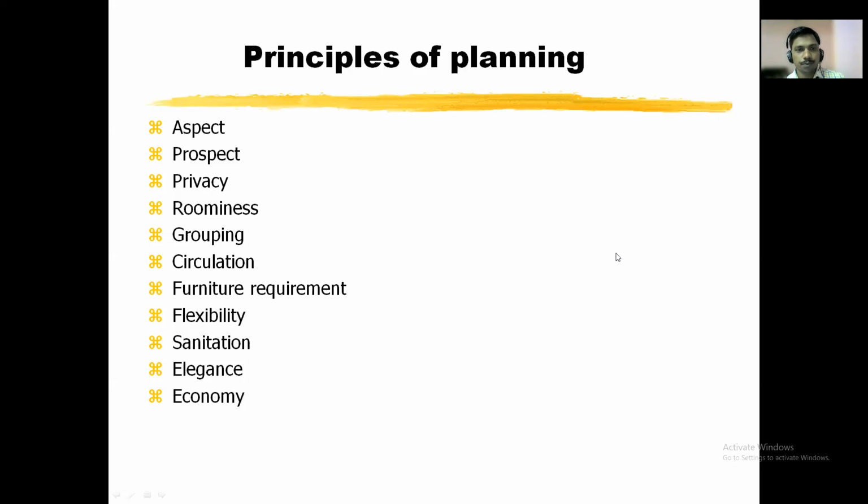Okay, so in the previous session we discussed the types of building as well as what is meant by planning, and we started the discussion on the principles of planning. So here, a total of 12 principles are there: aspect, prospect, grouping, roominess, privacy, circulation, furniture requirement, flexibility, sanitation, elegance, economy, and practical considerations. Okay, so these are the 12 principles of planning, and we have to follow these principles while we are preparing the plan for any kind of